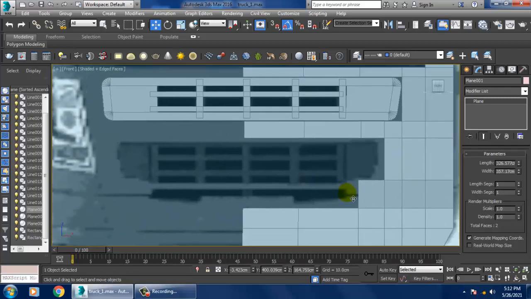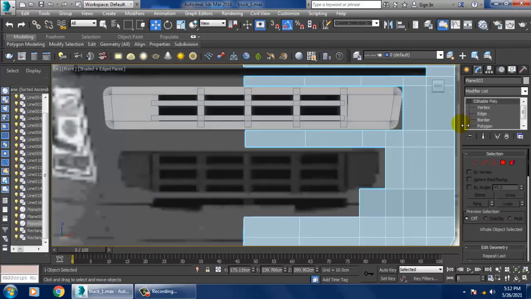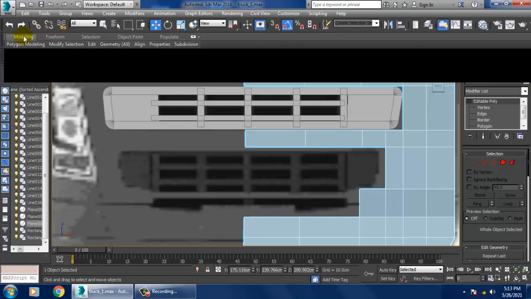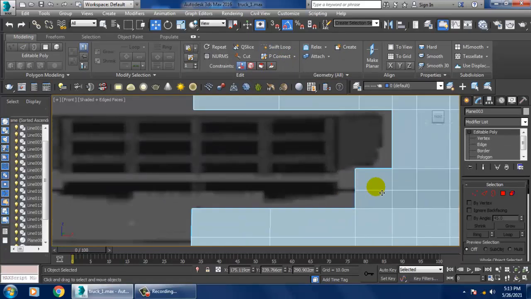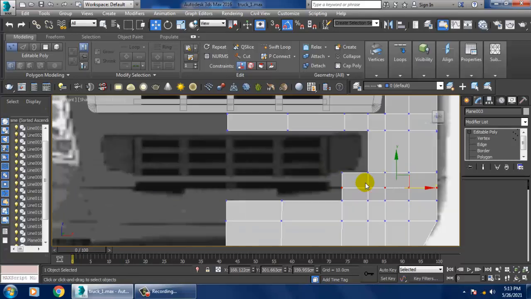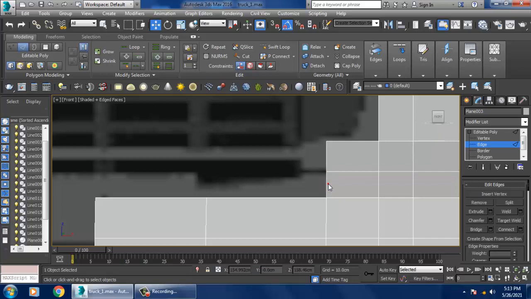If you look at this part closely, what I'll be doing is going into the swift loop and I will add one swift loop over here. I can just select these edges and I'll just drag it.